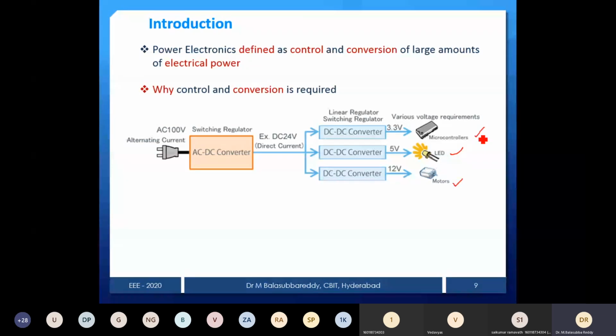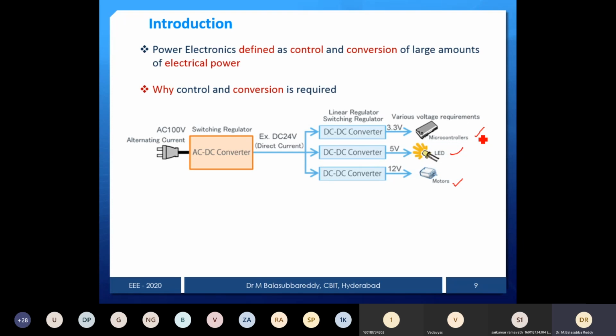At the moment, a diode rectifier converts a fixed AC to a fixed DC. The output is now proportionate to the input, so I have 24 volts DC by making use of a diode rectifier. I converted 10 volts AC to 24 volts DC. But our application is not 24 volts DC. Our application may need different voltage levels. For that, use a DC to DC converter with different control strategies. You can get variable voltage levels and connect them to the application. This is a simple, small example of why we need control and conversion.